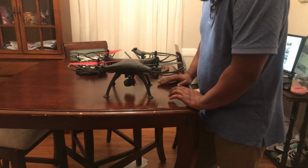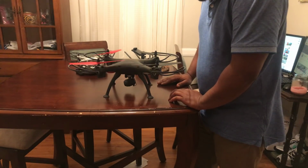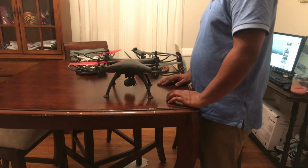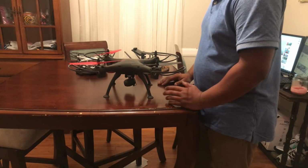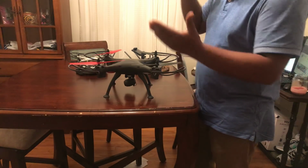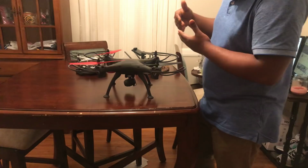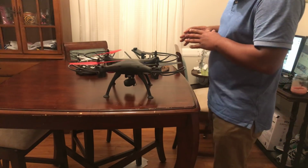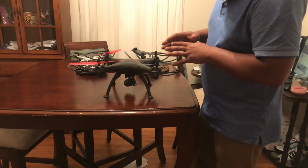Okay, and let's move on to the sixth one, which is hitting objects while flying. Some people fly and think that they are above a power line, and before they know it, they hit the power line, or they hit small branches, or they hit a wall. And most of that is caused by some people trying to fly